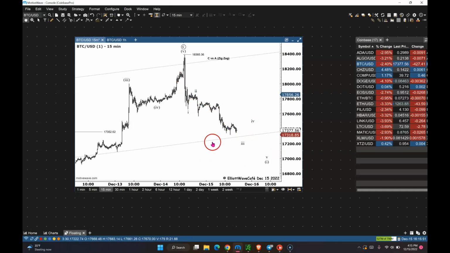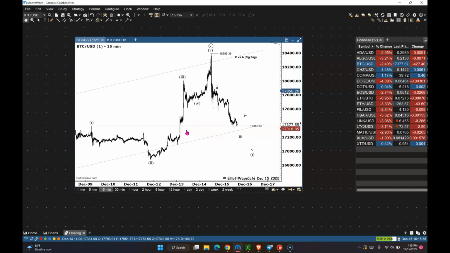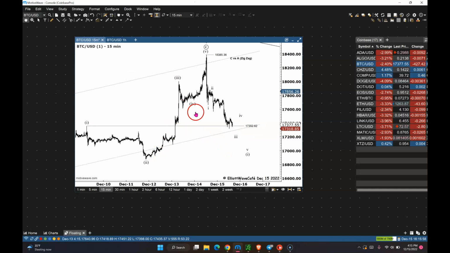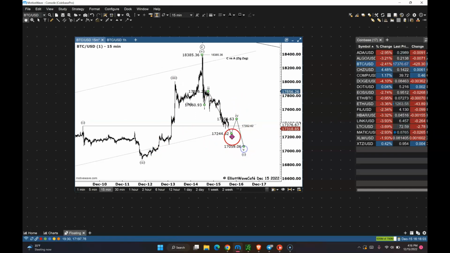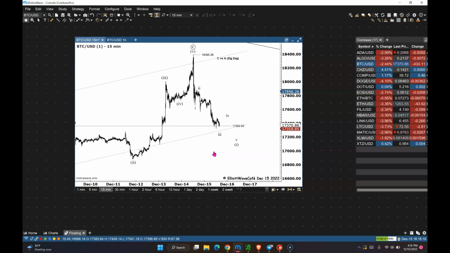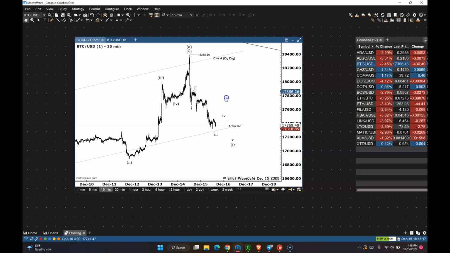I don't think it's a corrective structure. I'm going to spend a bit more time on it. The 5-minute charts are sometimes clear, sometimes not that clear. But I'm going to be looking to see how the sequence will look to secure a wave 1. If you're starting to push to the upside in here, what I would definitely watch for, again, is just a fib retracement. So I would go from this high to this low and then continue to watch this.